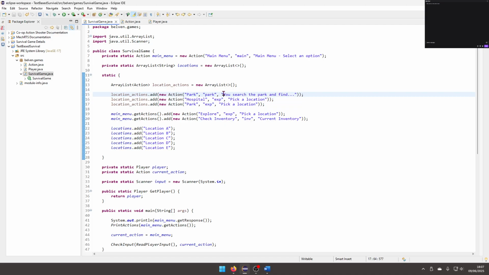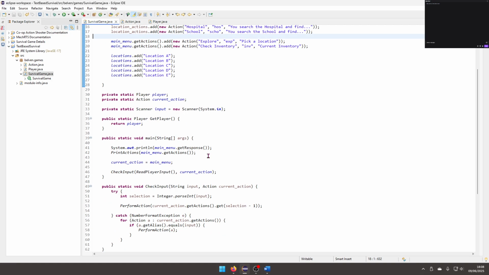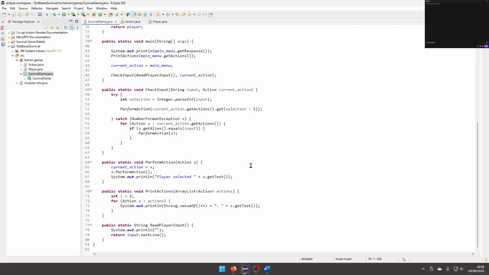Okay, so at some point I can standardize location text for things like this. You know, this could be like school, hospital, something like that. I think when we're outputting the text here, we could also add in brackets